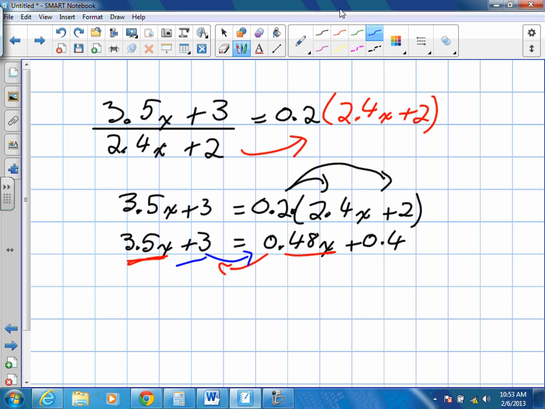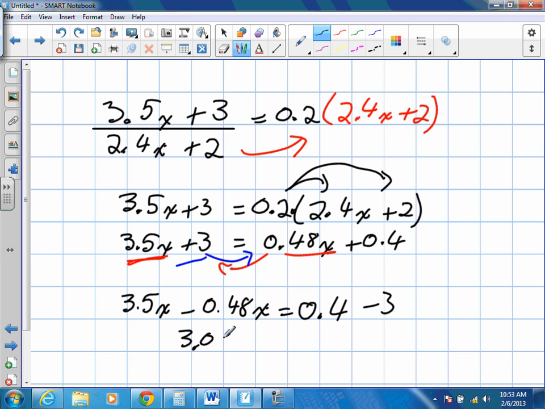So when I do that, I'm going to get 3.5x subtract 0.48x because it was positive on the other side. And this positive 3 becomes negative on this side. When we subtract this, we're going to get 3.02x. Here we're going to get negative 2